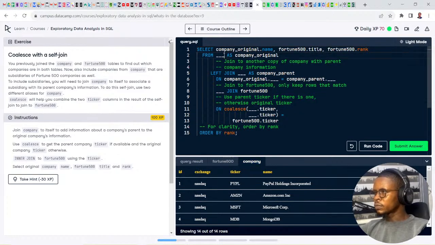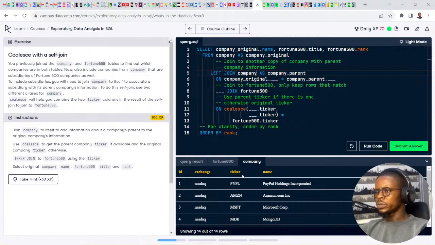From company. So join to another copy of company with parent company information. Left join company as company parent on company underscore original dot.